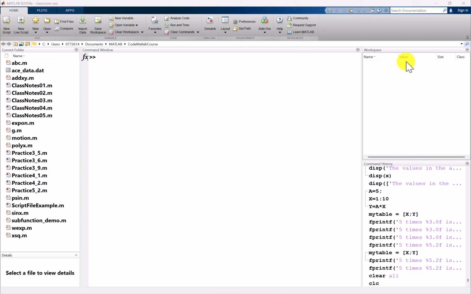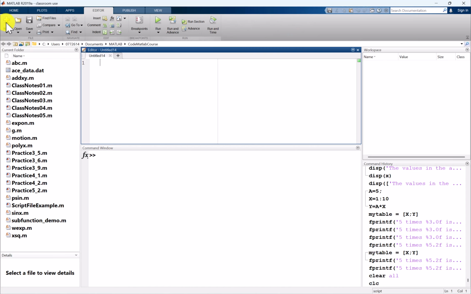Let's go ahead and come up with a code that combines the input function, the display function, as well as the fprintf function together and create a table. In this case, we want to create a table that takes degrees and converts it into radians. Okay, so let's go ahead and do a script file. That creates a table